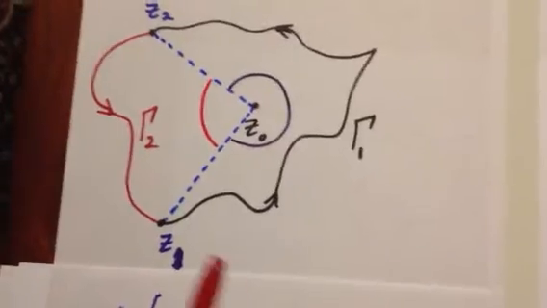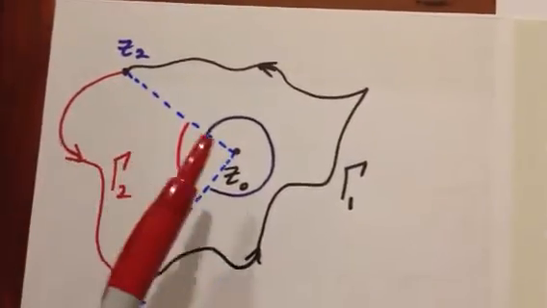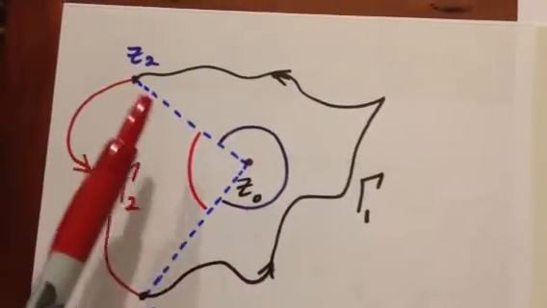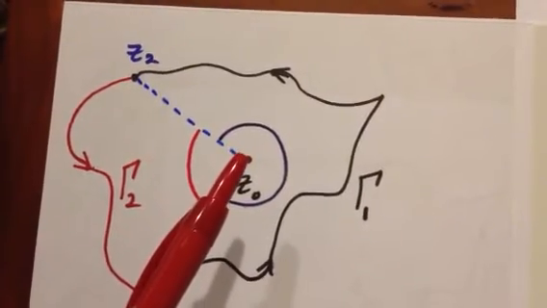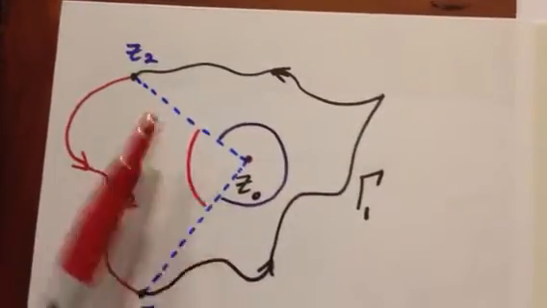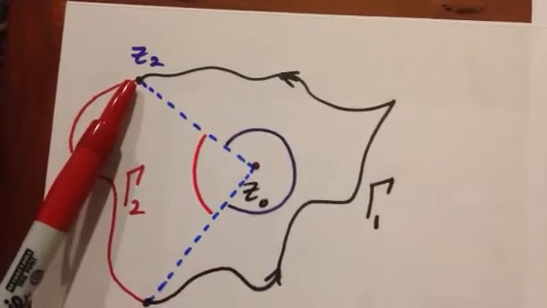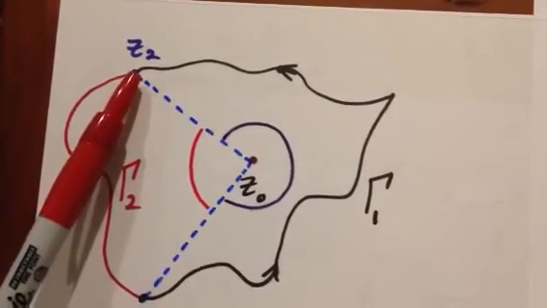Now z2 minus z0 is this point if we think of this as the origin. If this is the origin, then the difference would be that final point. So the argument of that